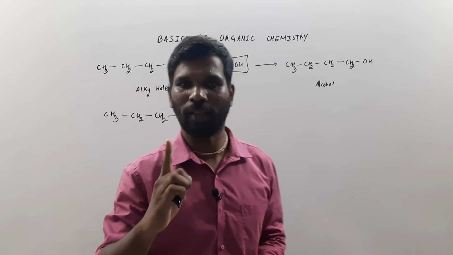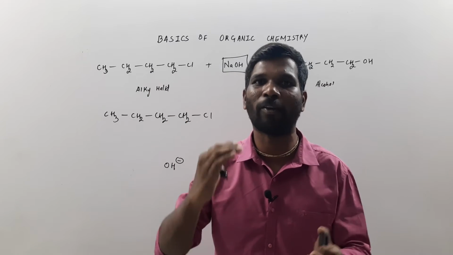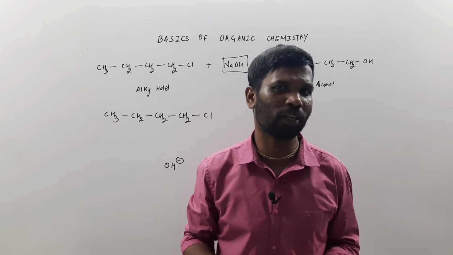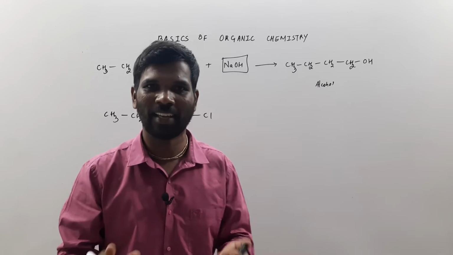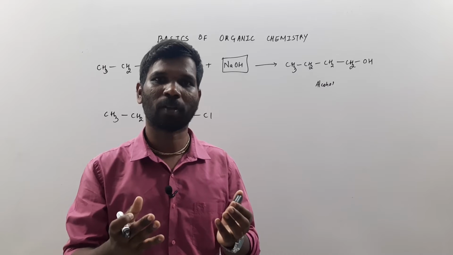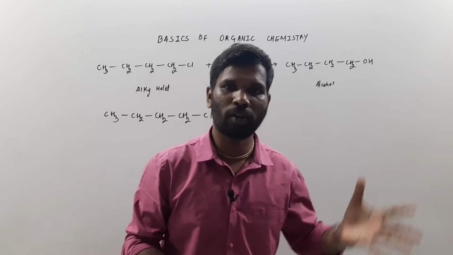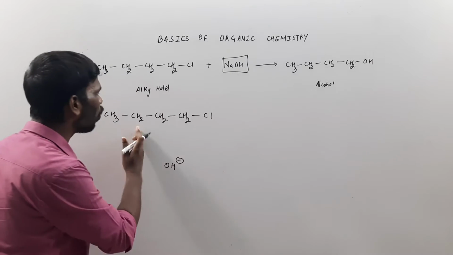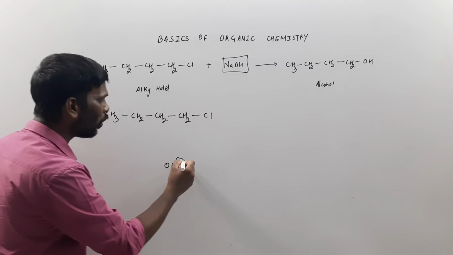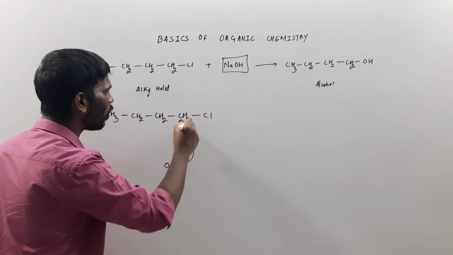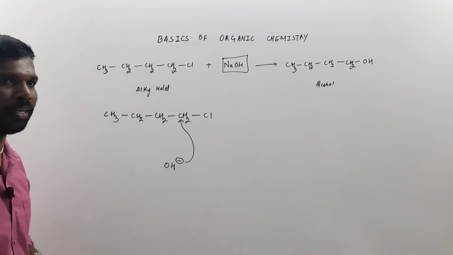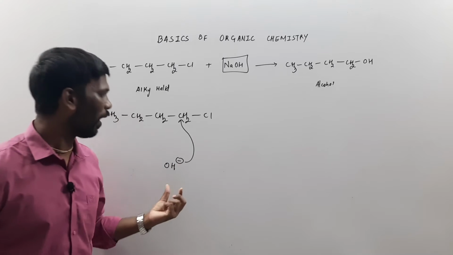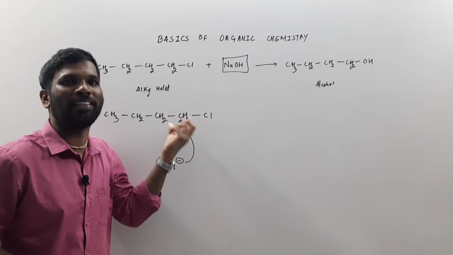One simple rule in organic chemistry is that an electron rich attacks an electron deficient. In other terms, we can say that an electron rich donates its electron to the electron deficient. Now there are so many carbons, but it is going to go and donate to this carbon only. Why is OH going to attack this carbon only?